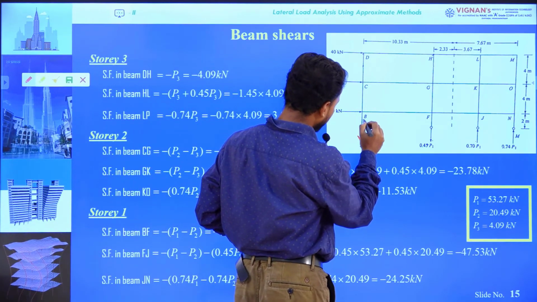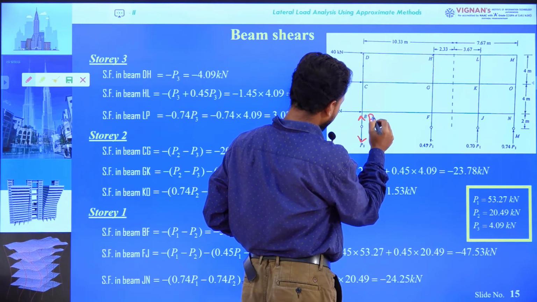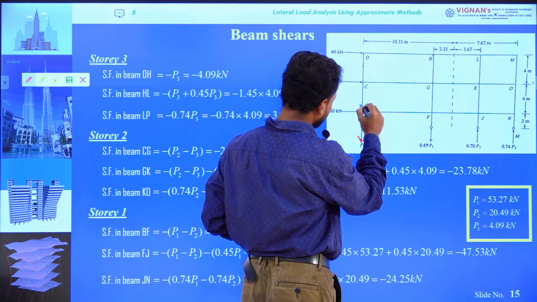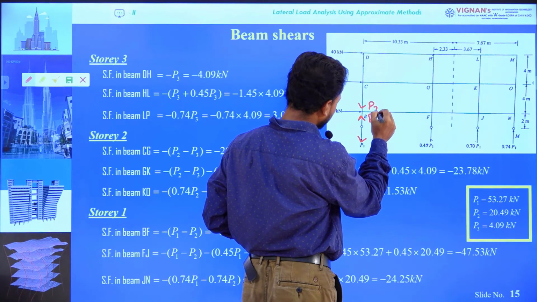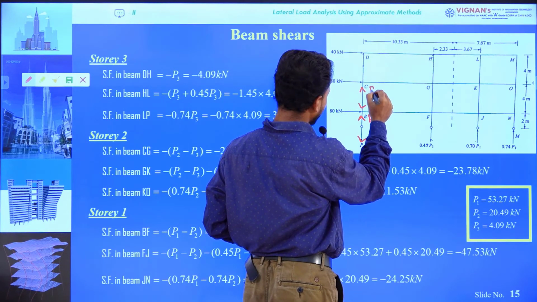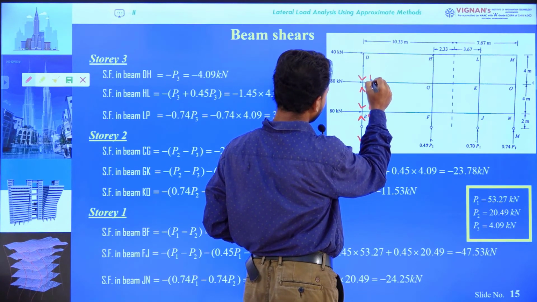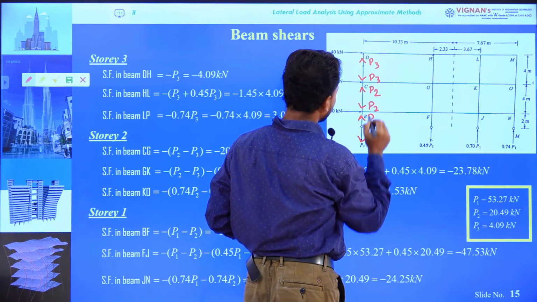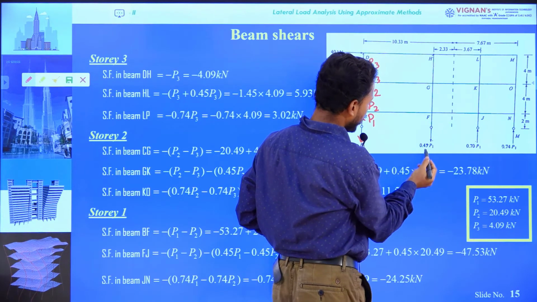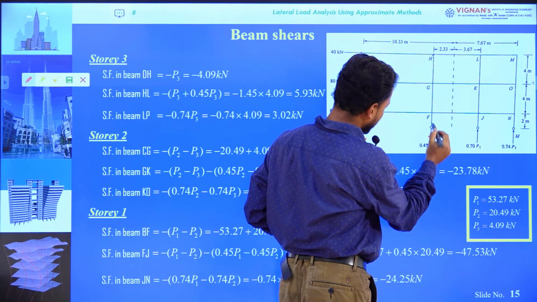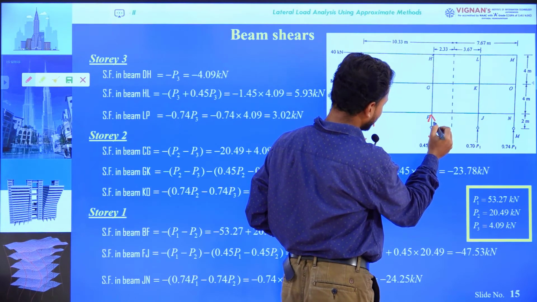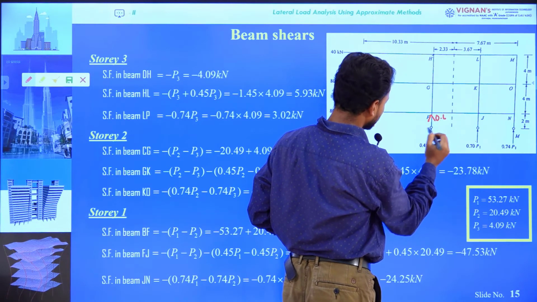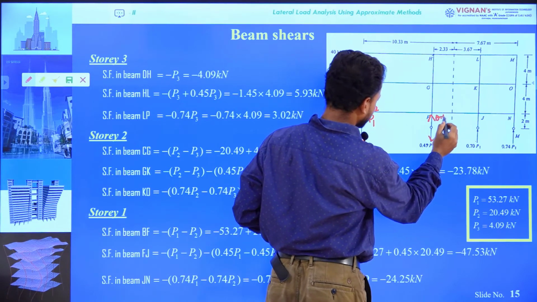P1 is acting downward, same and equal force will be acting upward. P2 will be acting downward, same and equal force will be acting upward. P3 will be acting downward, same and equal amount of force will be acting in the upward direction. Okay. Here 0.45 P1 is acting in the downward direction, so equal and opposite amount of force will be acting